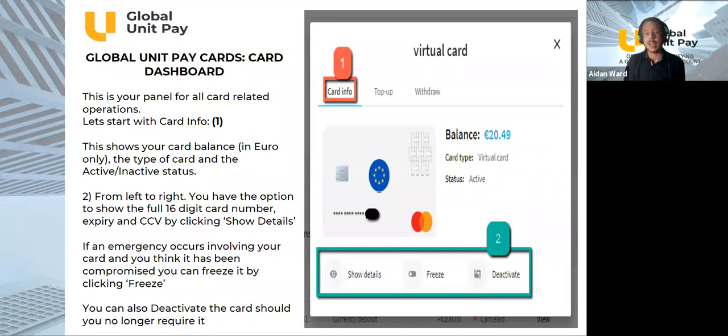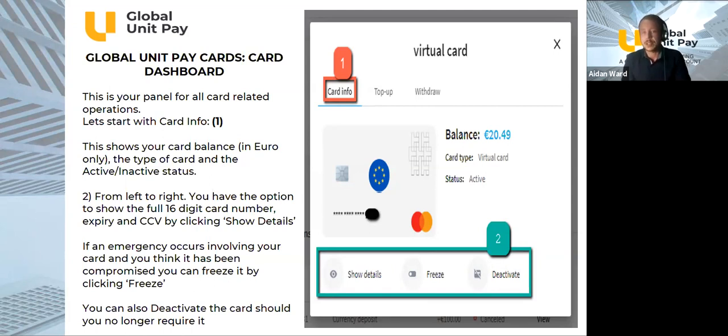Let's start with the card info. As you'll see, you'll see the balance that has been topped up. And the only quantum asset that you can top up to your card at the moment is euros. So just make note of that. It might save you a few fees with exchanging between currencies, especially if you are operating primarily from USD, from Aussies, Americans, all of you guys. You know who I'm talking about. So you want to make sure that you've topped up